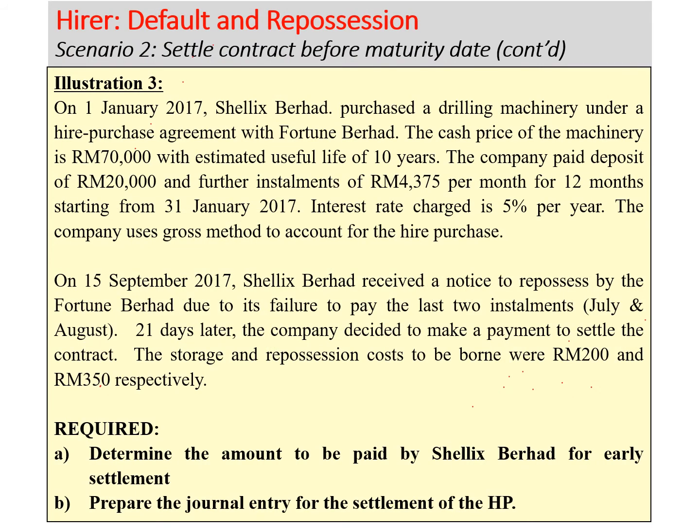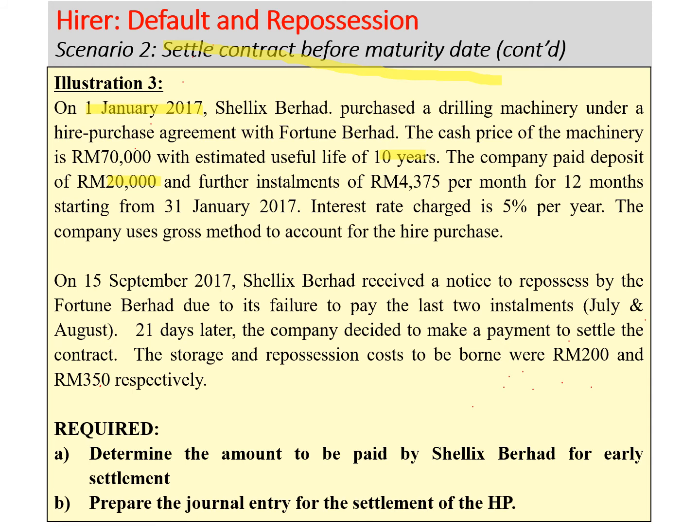Let's look at an illustration on the computation of the payment that the hirer will have to make if the hirer settles the contract before the maturity date. On 1st January 2017, Shalik Berhad purchased a drilling machinery under a hire purchase agreement with Fortune Berhad. The cash price of the machinery is 70,000. The estimated useful life is 10 years. The company paid a deposit of 20,000 and further installments of 4,375 per month for 12 months starting from 31st January